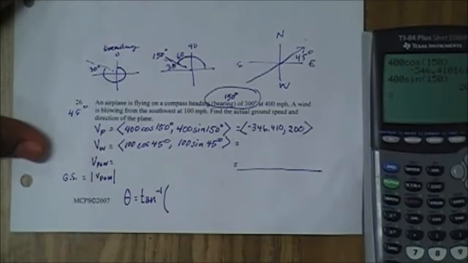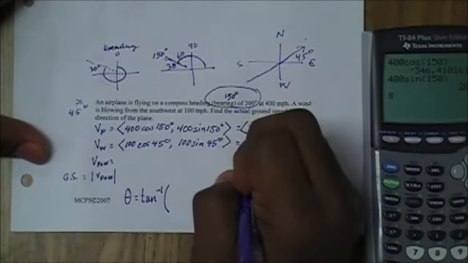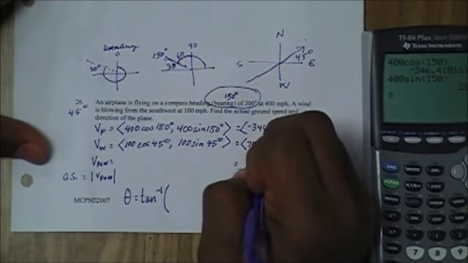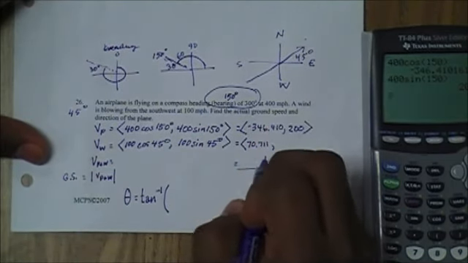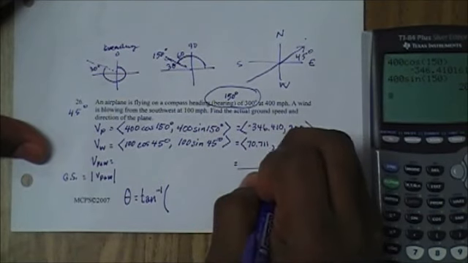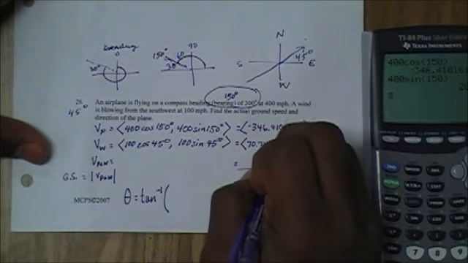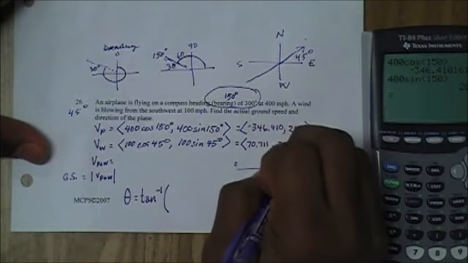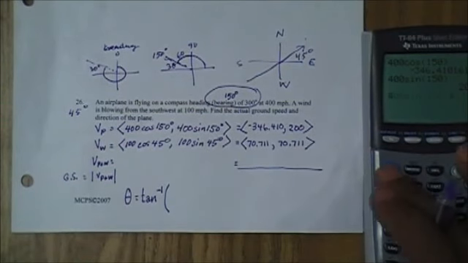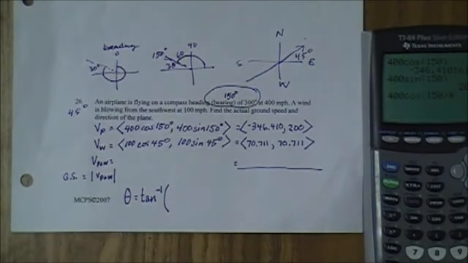The other vector, if I plug it in, is 70.711, 70.711, and you need to check and make sure you get it right. And if we add those two vectors,